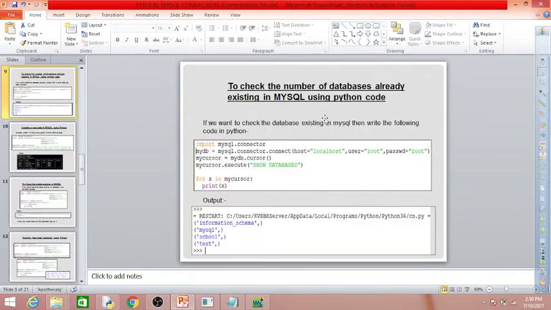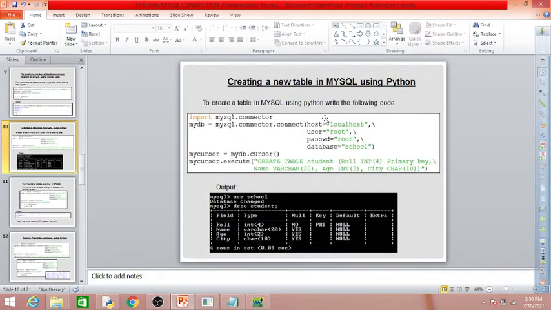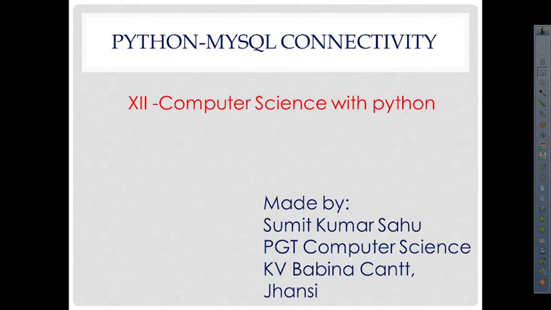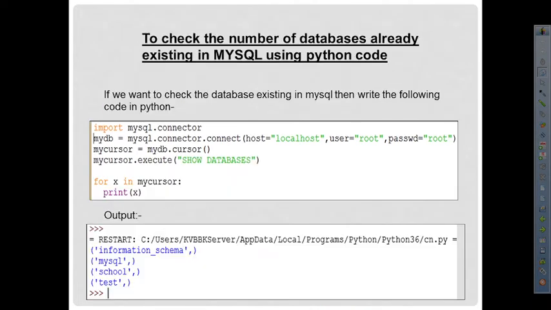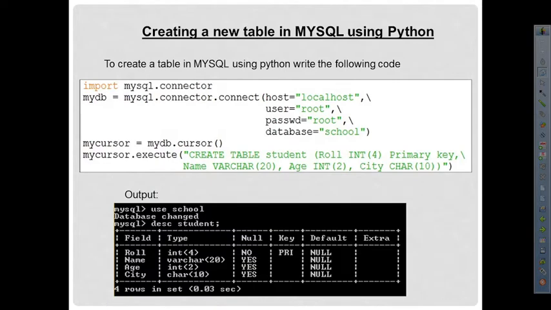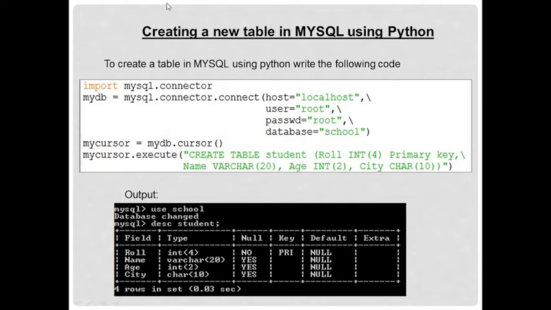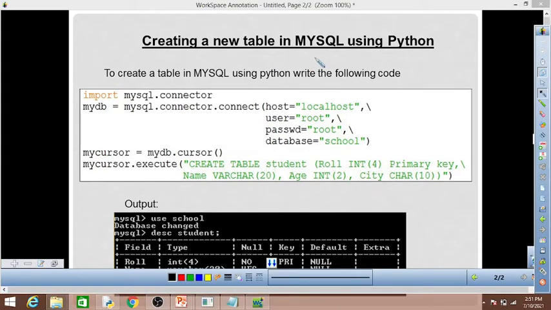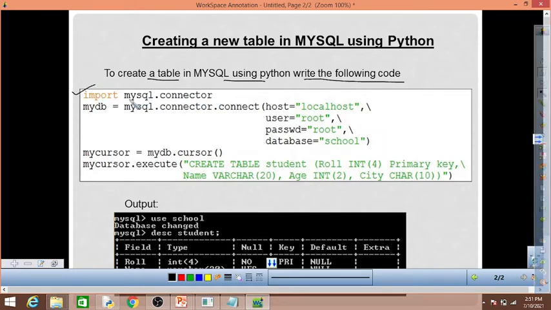Now in this part, we will discuss how to create a new table in MySQL using Python. To create a table in MySQL using Python, we write the following code. First statement is import mysql.connector. Here we are importing this package, and in the second line we are creating the